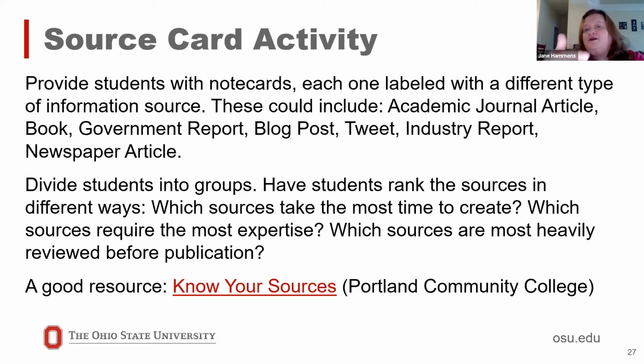So giving them several different questions related to the information creation process, information dissemination process, and having them rank and reorder the cards based on the responses to that question. Again, I think it can be helpful just as a way of having them start thinking and understanding that all of these different information creation processes impact how these different sources may be appropriate to use. A really good resource is an infographic that was created by the Portland Community College Library